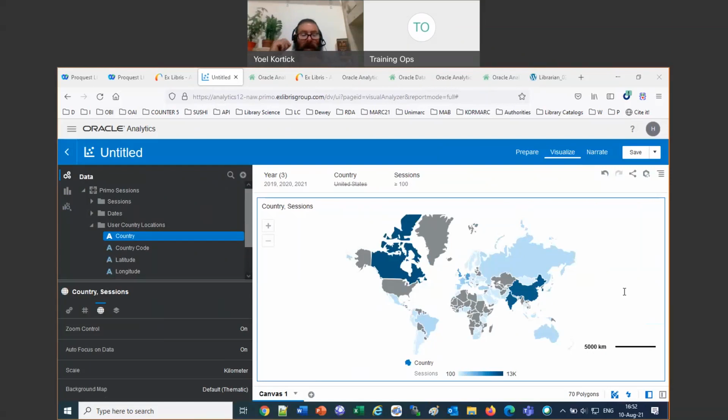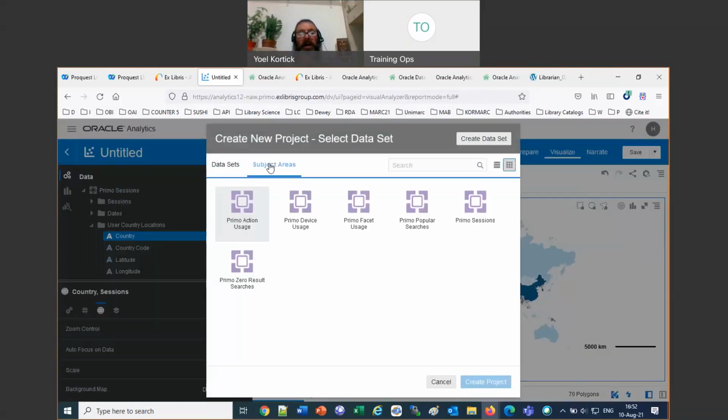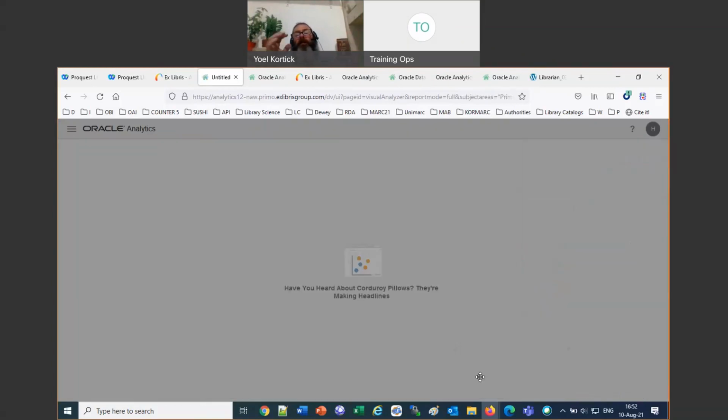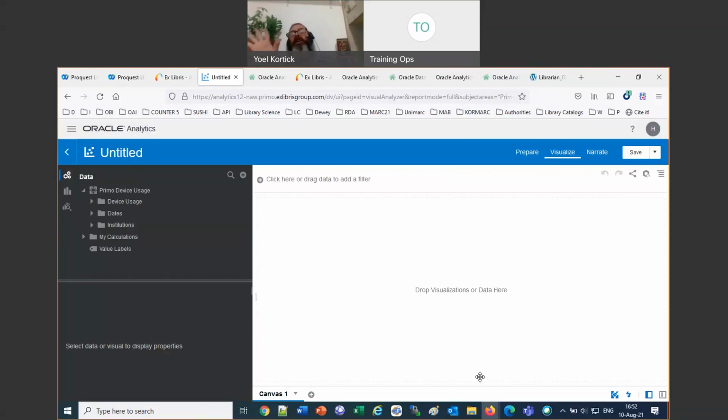So let's show one more. We got 8 minutes, and there's something I want to show about having two different visualizations, each using different fields. So let's do another one here. Let's say create a new project. And this time, let's go into the device usage. Let's say I want to see now what kind of devices are people using to access my discovery so that I can perhaps redesign my discovery in such a way that will be